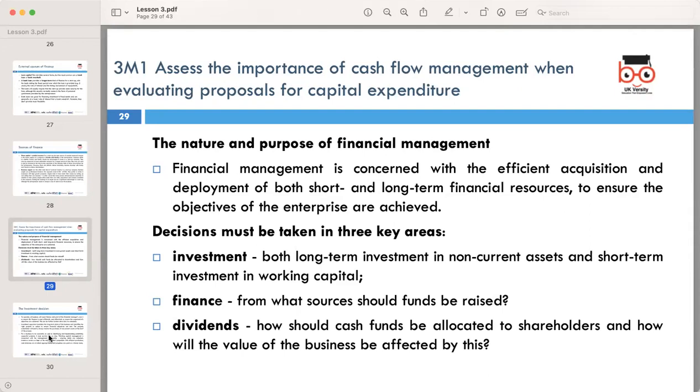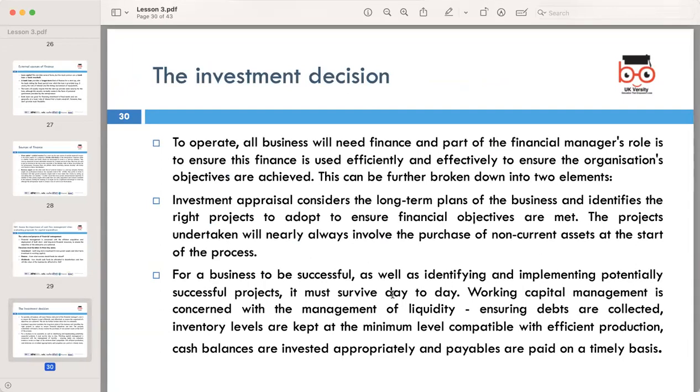So decisions must be taken in three key areas, as I said: investment, finance, and dividends. So investment: both long-term investment in non-current assets and short-term investment in working capital. Then finance: from what sources should funds be raised. And dividends: how should cash funds be allocated to shareholders, and how will the value of the business be affected by this. Investment decisions: as a financial manager, it is our responsibility to ensure that